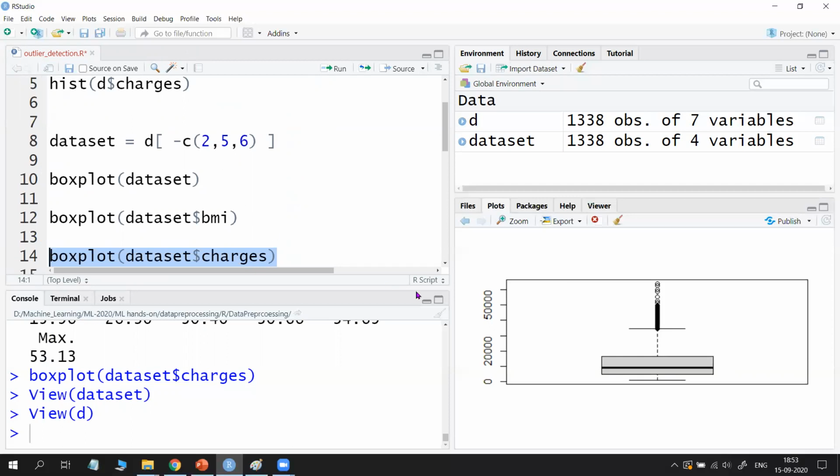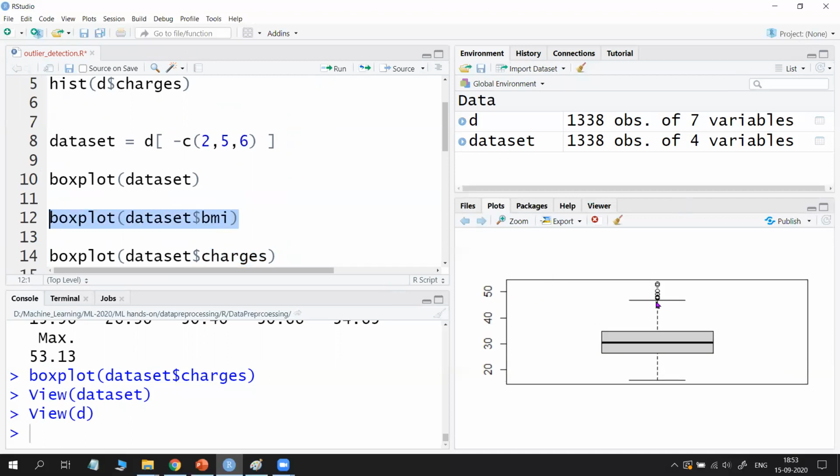Now, for example, we will try to remove outliers. How to remove outliers? One simple solution is, for example, if you consider the BMI box plot, the values greater than 45, you remove. Just open the Excel sheet, put a filter and remove all the rows in which BMI is greater than 45. If you want to apply the same technique to charges also, values above 50,000, or you may think of 40,000 as the border. Put a filter, observe the rows and remove them.